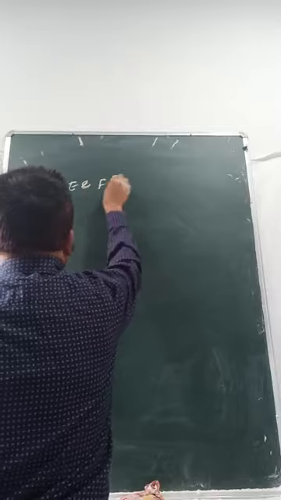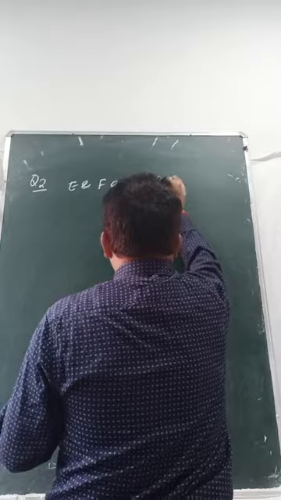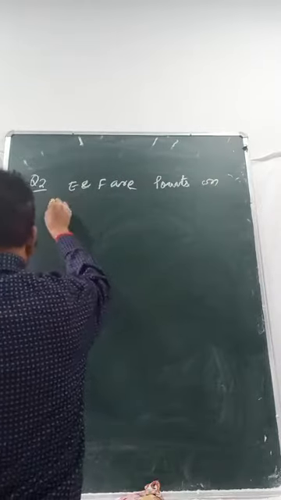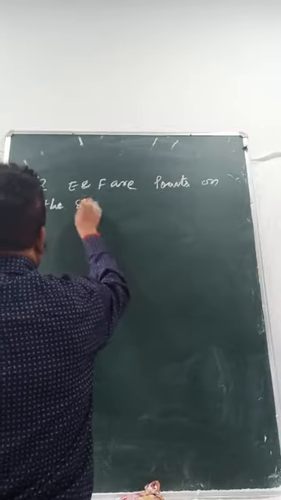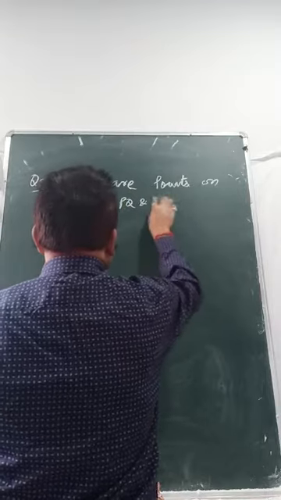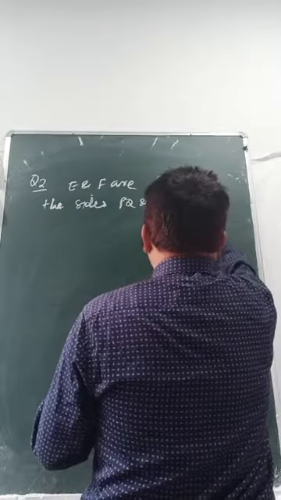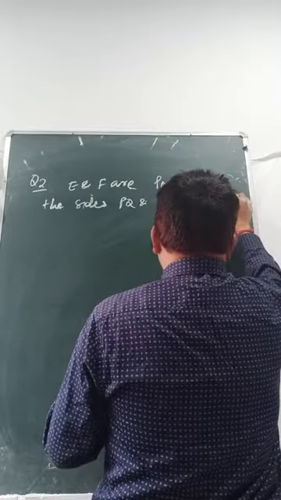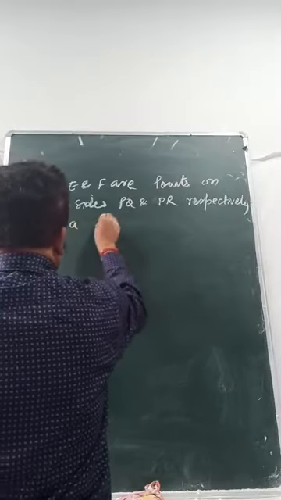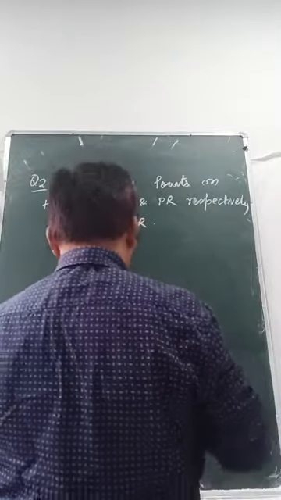E and F are points on the sides PQ and PR respectively of a triangle PQR. For each of the following cases,